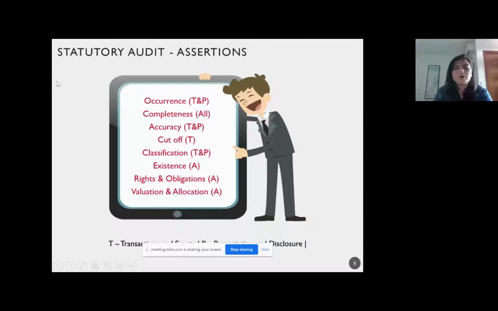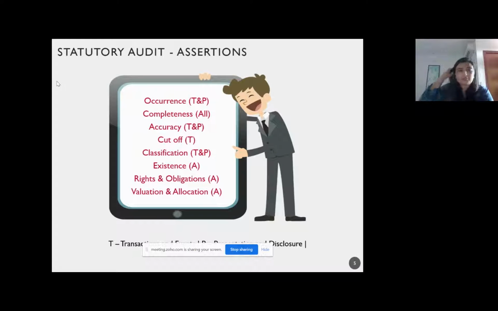So these are the assertions. Today, for example, if I'm looking for the title deeds during an audit, why do I look at the title deeds? Because I want to ensure that the right to the asset exists in the name of the company. If I'm doing a cutoff procedure, I'm checking whether my sales have actually been dispatched. Why am I doing it?